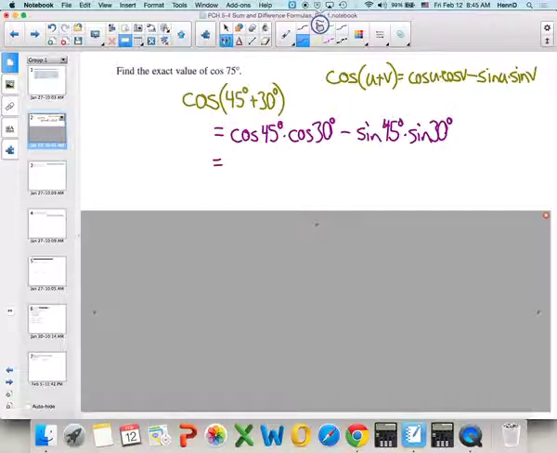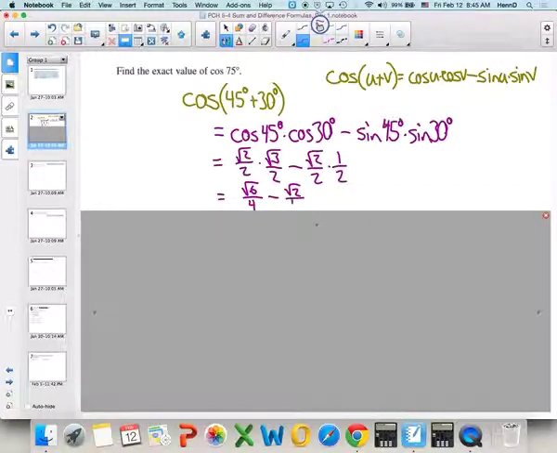So cosine of 45 is? Root 2 over 2. Cosine of 30 is? Good. Root 3 over 2. Minus, what's sine of 45? Root 2 over 2. Good. And sine of 30 is? 1/2. Alright, so if we simplify here, we have the square root of 6 over 4 minus the square root